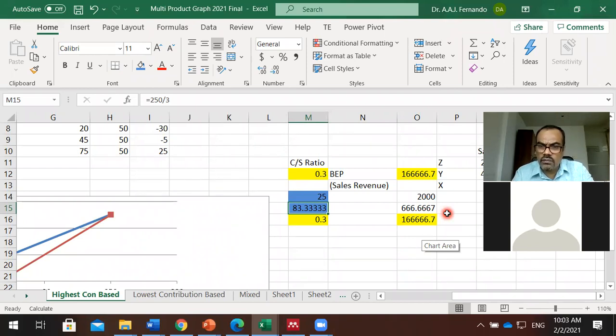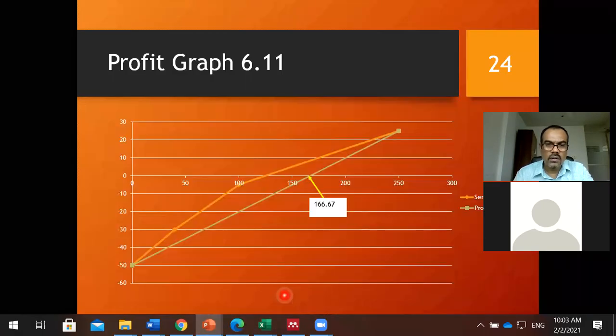I think there is a confusion. 2,166 break-even point, 167. Let me check it. 150, 167, 66. Profit graph. That is 0, break-even. Okay, that's correct. So 167 is the